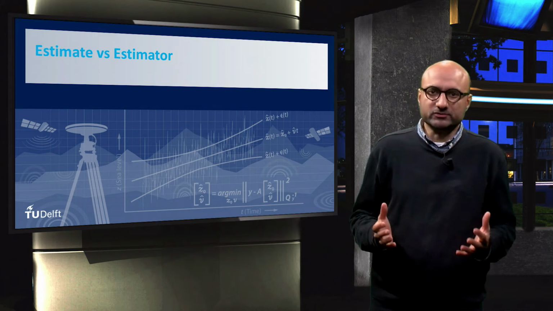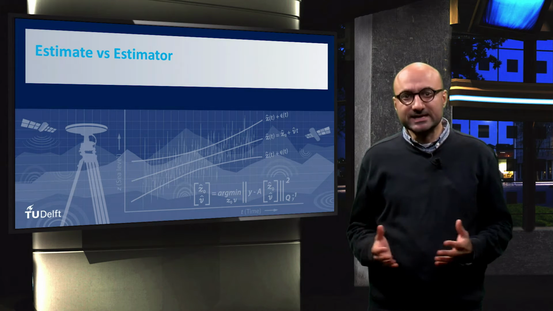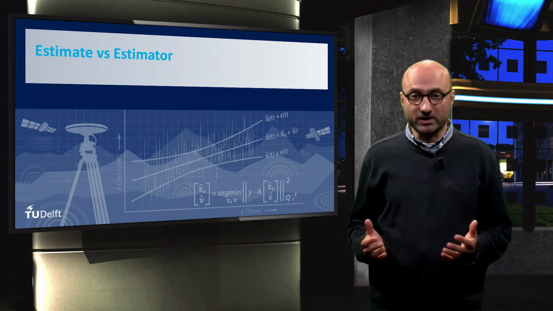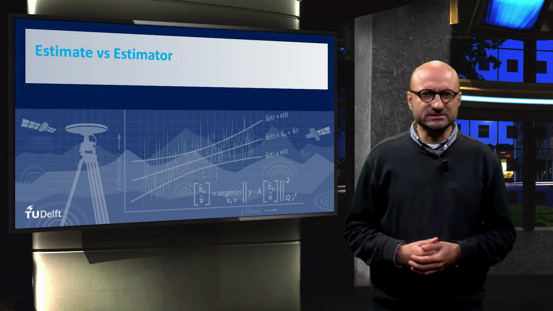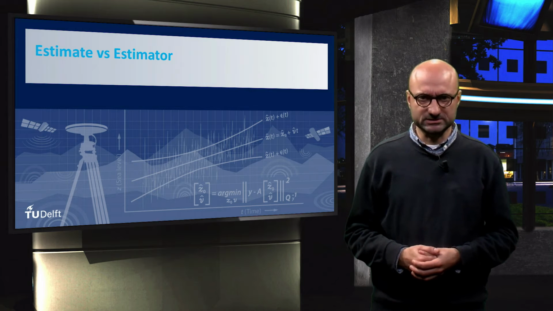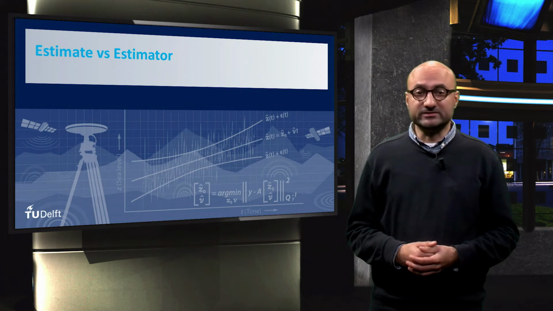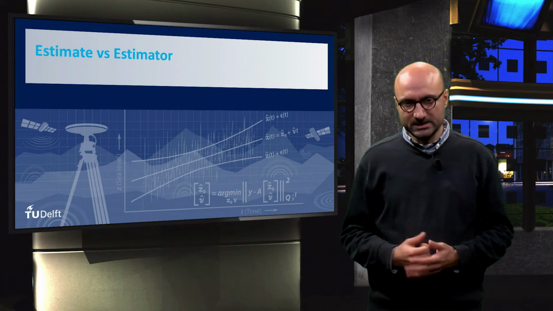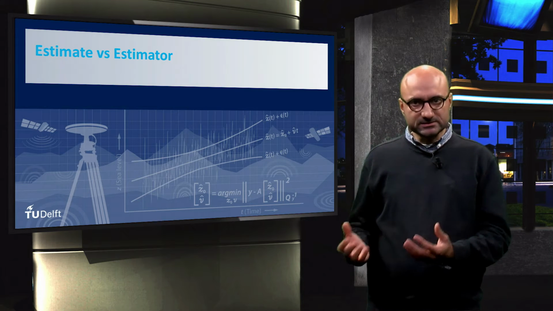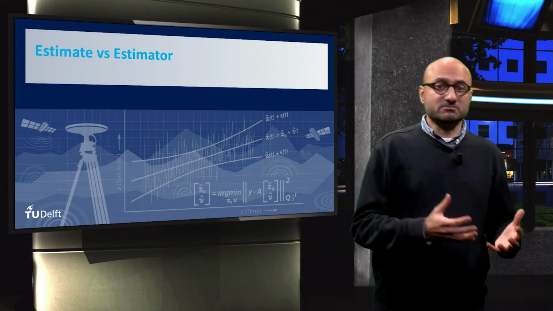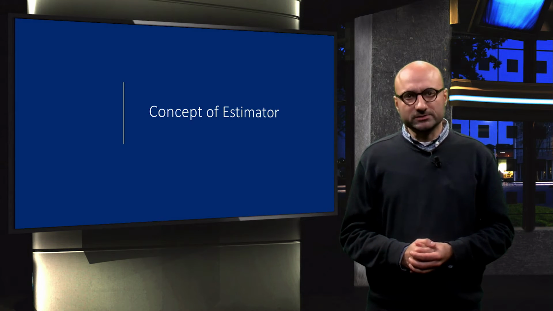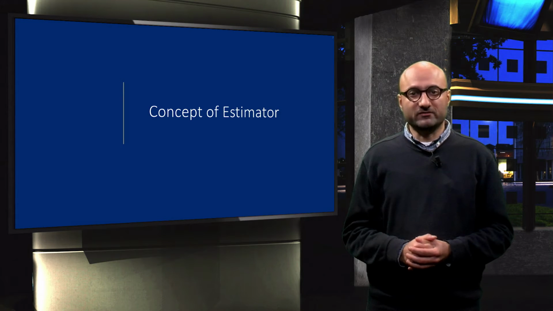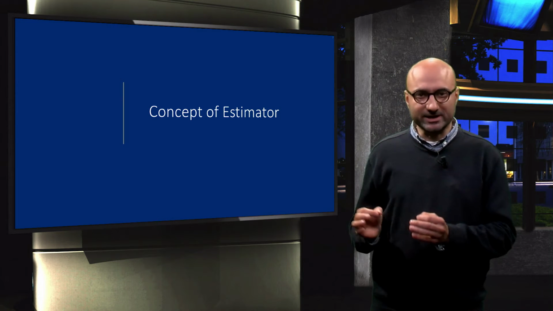We defined a vector of errors or residuals and said, let's minimize this vector, and we derived the least squares solution. During our discussion, we did not consider the randomness in the observations or in the errors and their statistical properties. This week, we want to bring statistical properties of observations into the estimation problem. And in this video, I would like to start by introducing the concept of an estimator as the stochastic counterpart